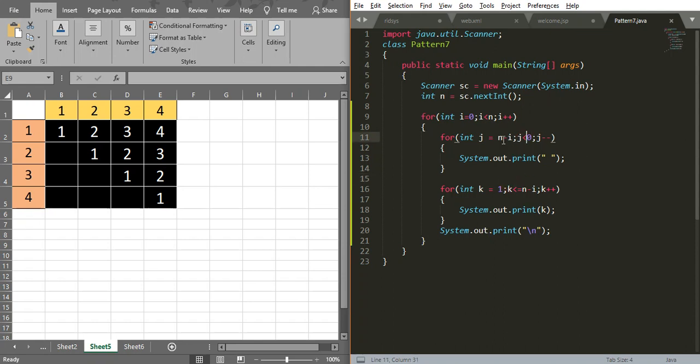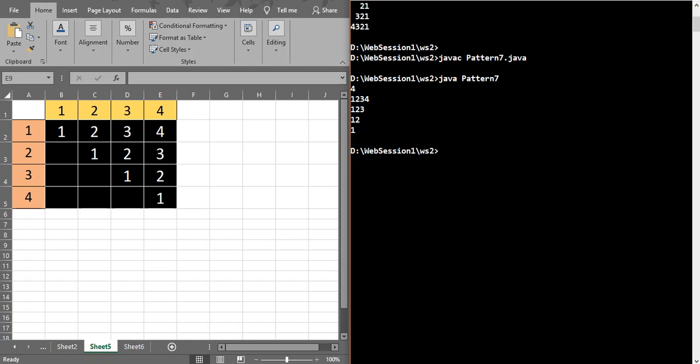Okay, if you see here, j equal to n minus i, j less than 0. I have written the condition wrongly, it should be j greater than 0. Instead of greater than, I have written a less than symbol.